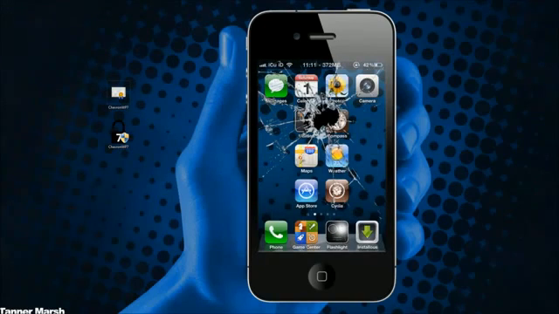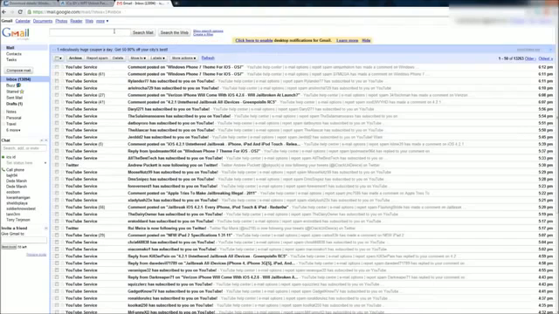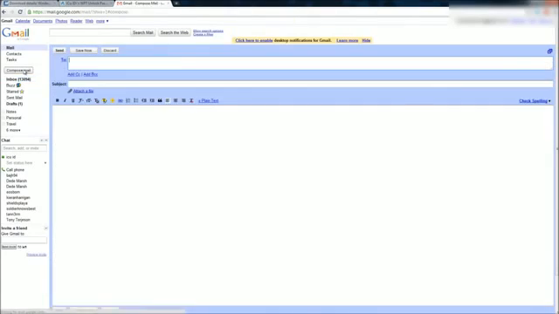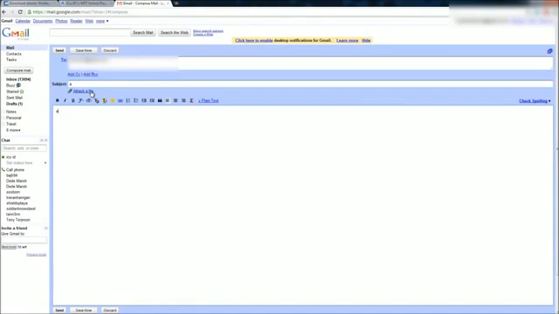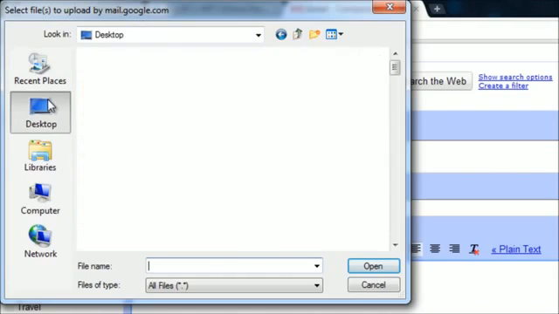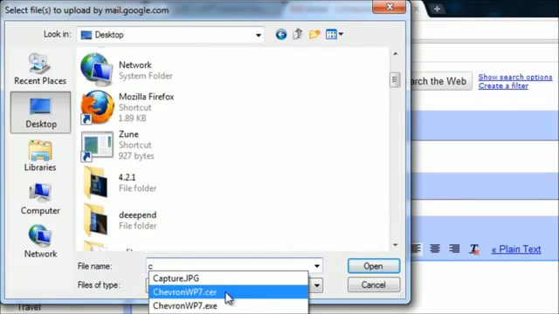And then what you're going to do is you're going to have to log into an email account, and I have my email address right here. And what you're going to do then is you are going to compose a new message, and you're going to send it to yourself. So I already have my address inputted there, and I'm just going to put A and A as the message and the subject. Now I'm going to just attach a file, and what you're going to actually attach is you're going to go to the desktop, and you're going to attach chevron